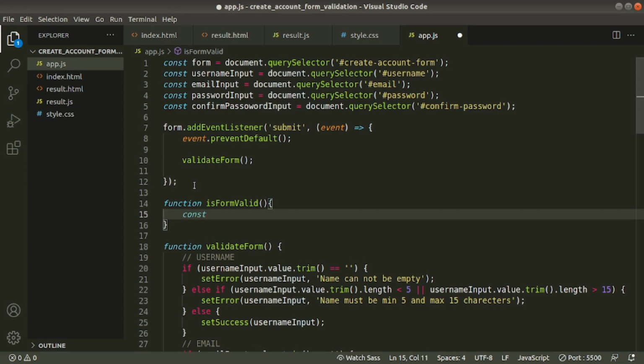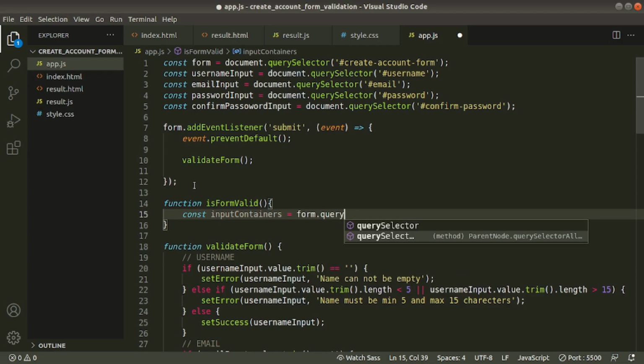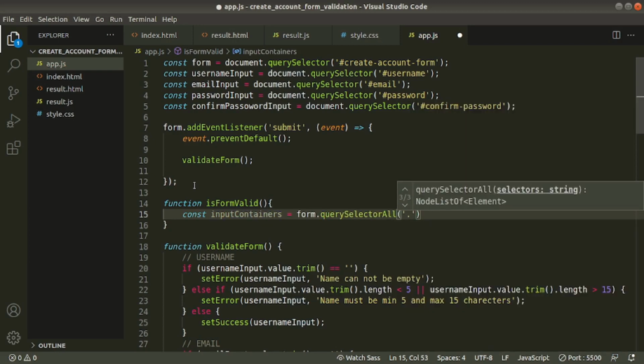We call them input containers because there are more than one. Containers equals form.querySelectorAll. Which ones do we want? We want only the divs which contain the input-group class.